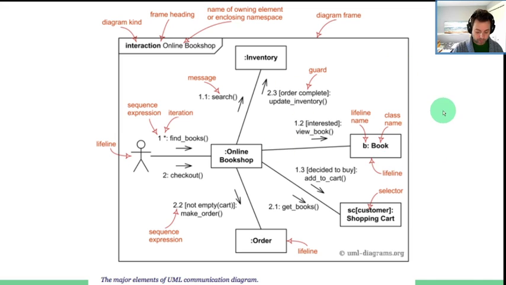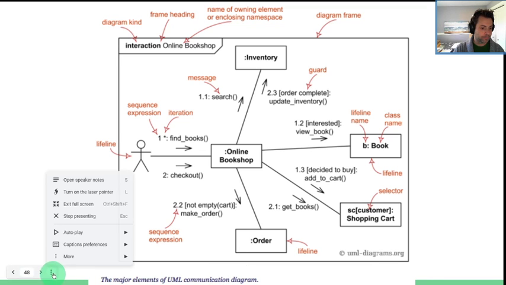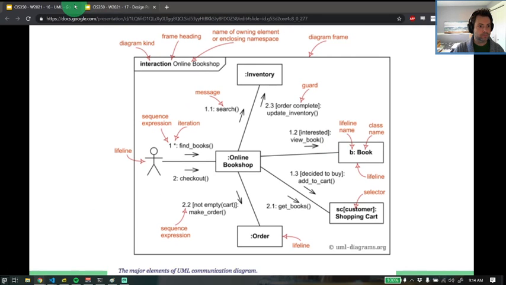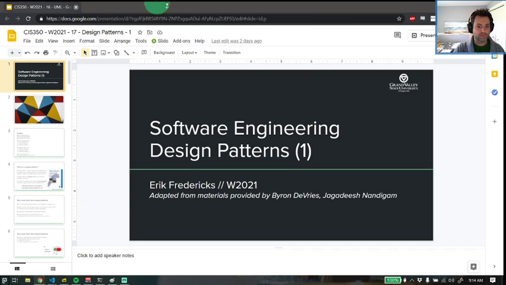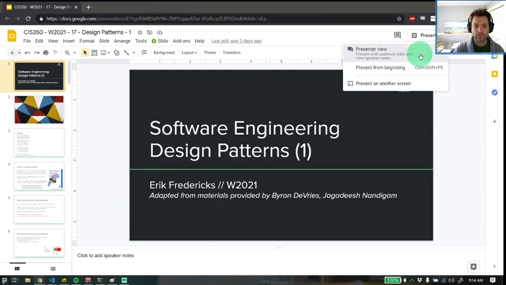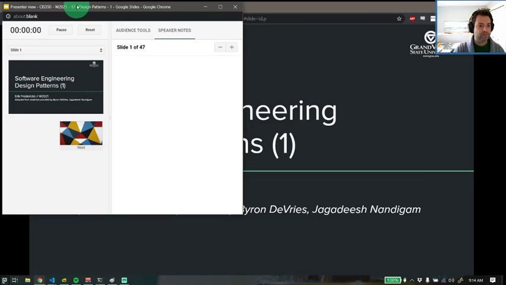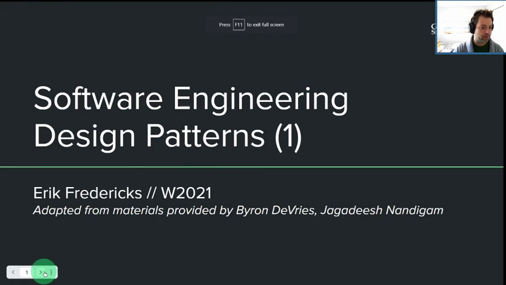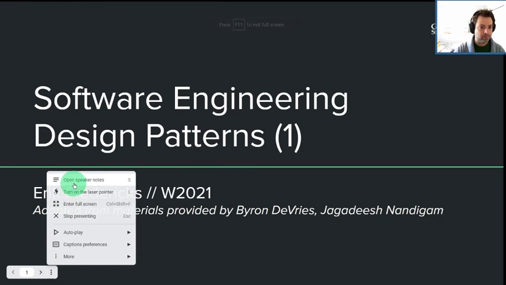So in this set of slides, we have class diagrams, object diagrams, sequence diagrams, and communication diagrams. Anybody have any questions on any of these? Or, short of getting practice with building them, does it all make sense so far? Because if we are good, we can move on. And if we have questions, I would much rather answer them now rather than mark you down because you didn't get something.